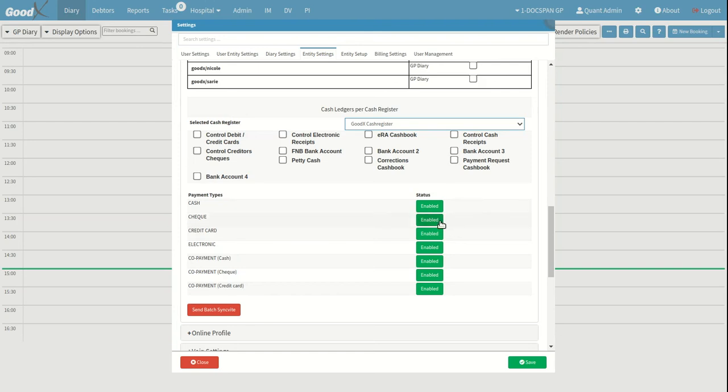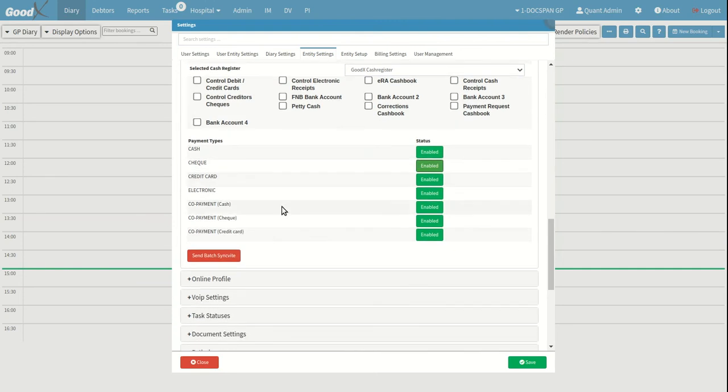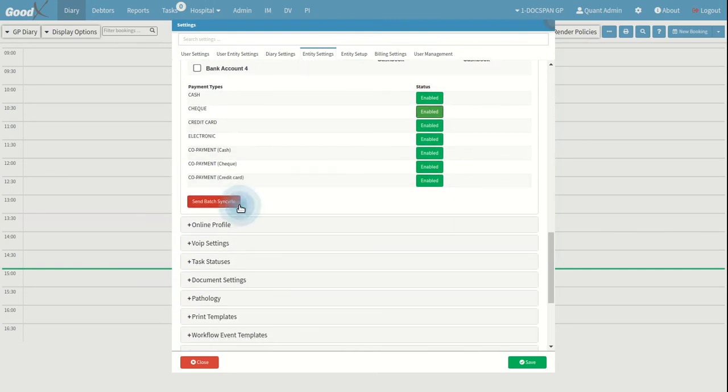Click on the green Enable button if you want to disable the payment type, of which the green button will turn red. Click on the red Disabled button if you want to enable the payment type, of which the red button will turn green. The Send Batch SyncVite will send a batch invite to all patients that has been invoiced